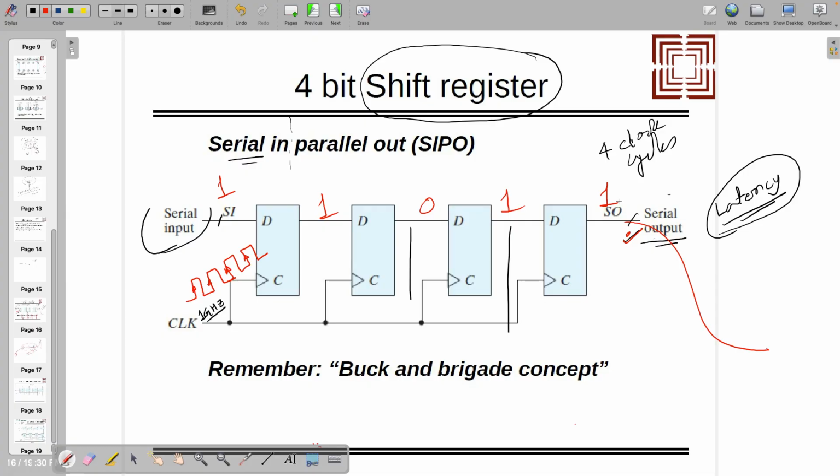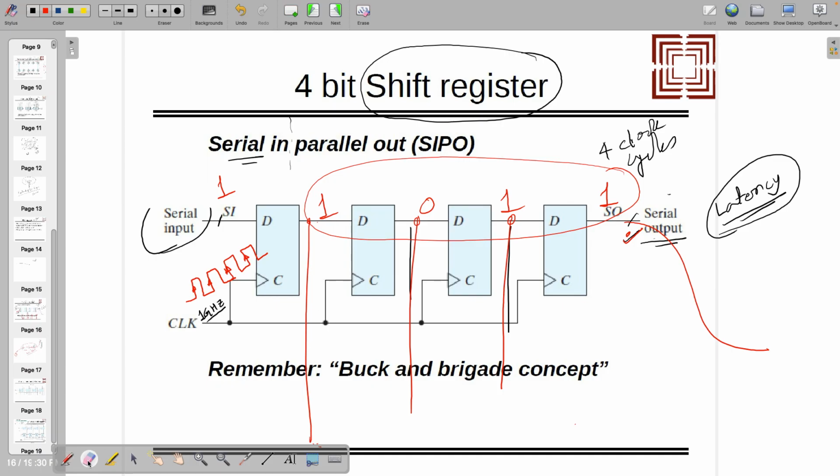But if you are waiting for serial output, all of these have to be transferred that side. That will take more clock cycles, right? So in that case, you have to wait for 3 more clock cycles. But in that case, what will happen? All these will be corrupted. You cannot take the parallel output, if you want parallel also. That's why we were taking the parallel output through remembering this state.